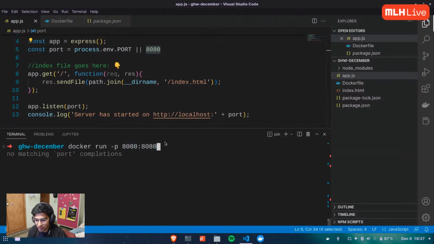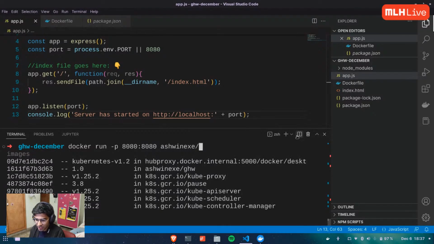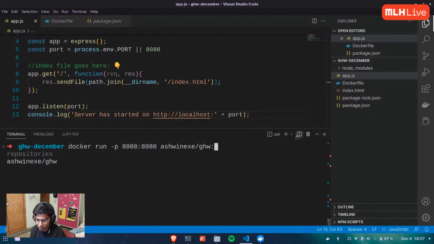You can use anything that you like. Inside it has to be 8080 because I'm using 8080 by default. If you change it inside, you can change it your way too. So followed by my image name, ashwini.exe/gsw latest version. If I hit enter,